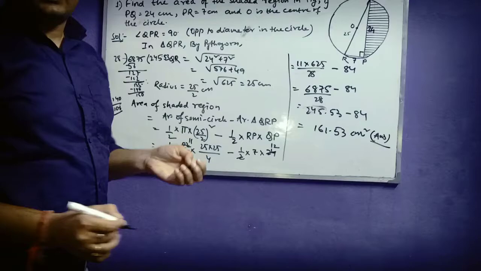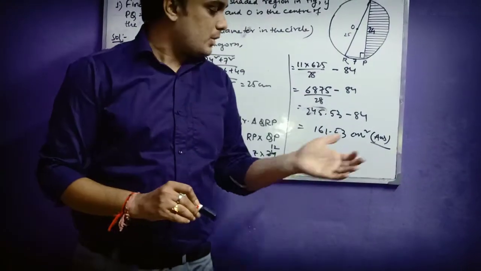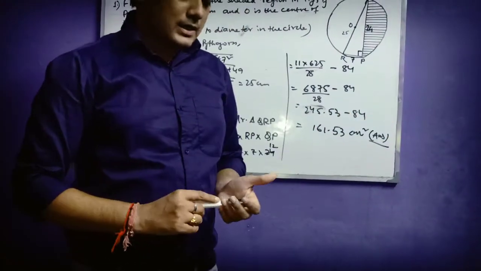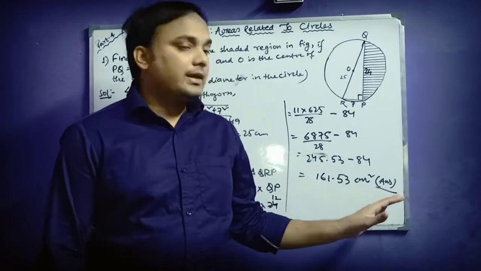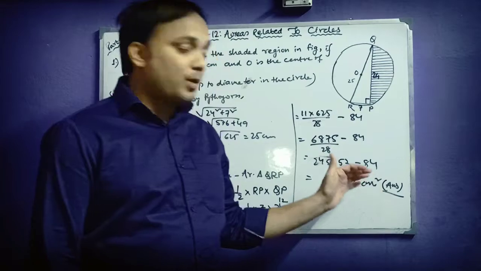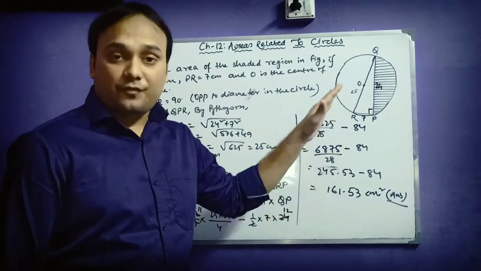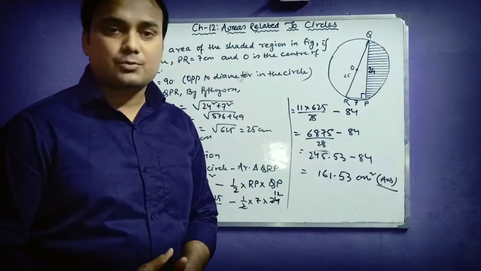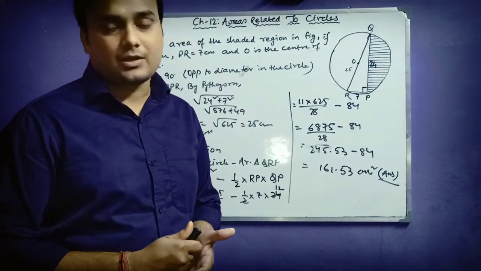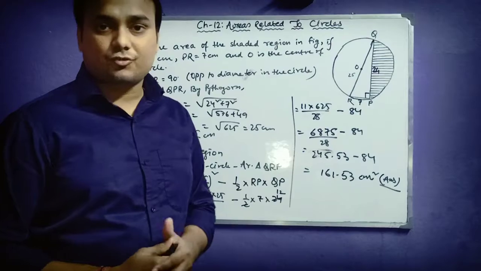It's not necessary that we need to express our answer in decimal point. We can also express our answer in the improper fraction. So students, we could have expressed our answer in improper fraction, or we could have expressed our final answer in mixed fraction. But we can express in our decimal form also. There is no issue with that. In any way you can express your answer. The thing is that your calculation should be correct.